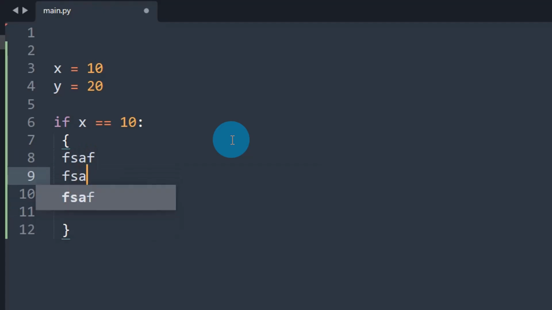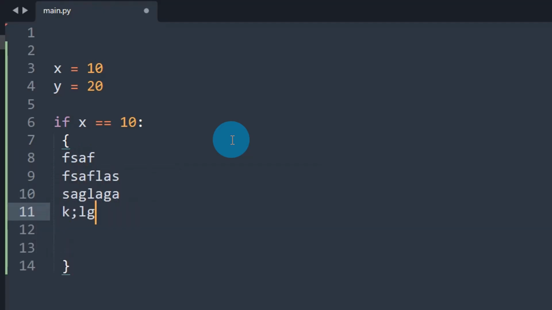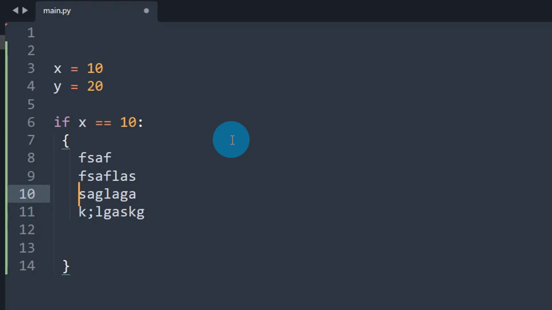You can write whatever you want inside this code block. The indentation here doesn't matter. What does indentation mean? I am not giving any spaces or tabs here, right? Anyhow, to make the code beautiful, we use indentation in all programming languages, but in other programming languages, even if you don't maintain the indentation, the code still works.